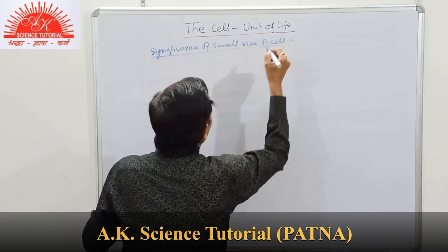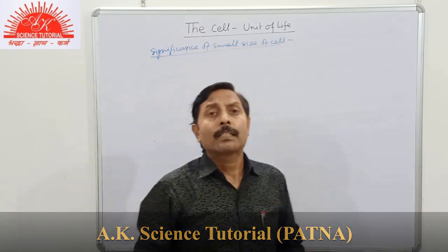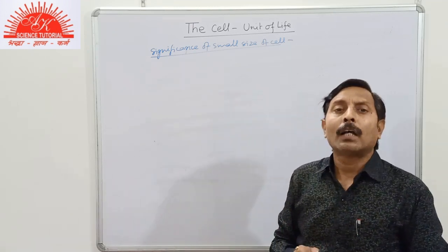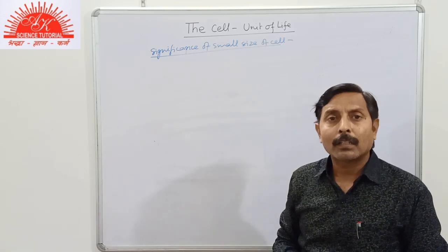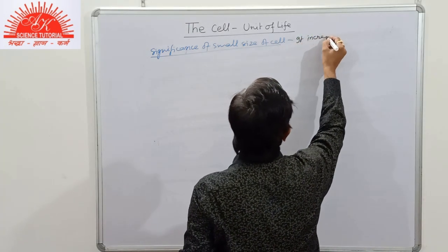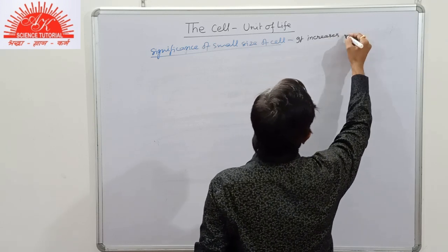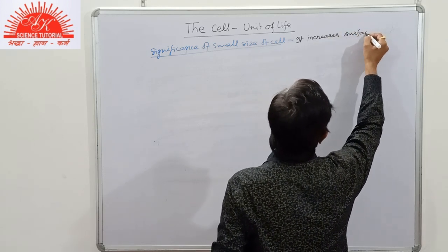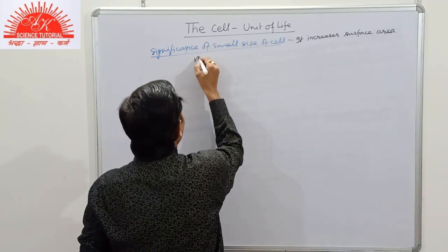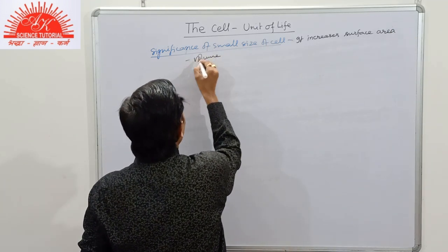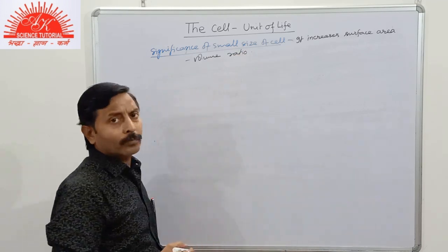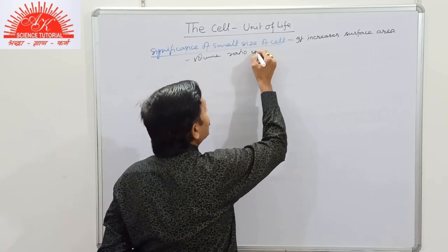Actually, due to a smaller size, in the given space, in the given volume, larger number of cells will be present. So actually it increases surface area volume ratio, which helps in